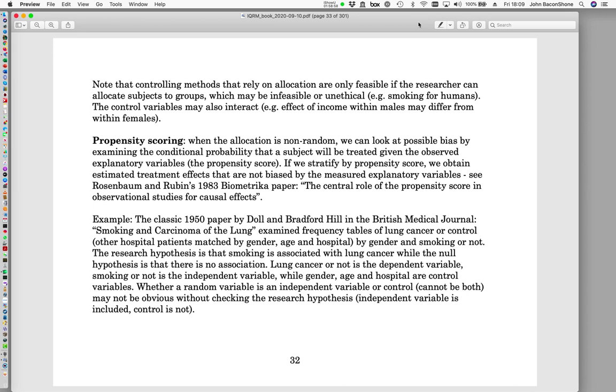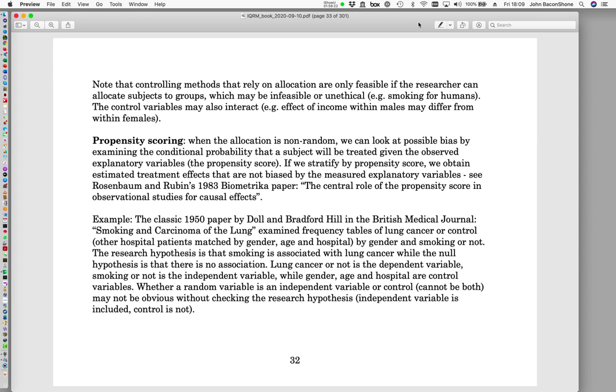So the research hypothesis here is that smoking is associated with lung cancer. The null hypothesis is that there is no association. Lung cancer or not is the dependent variable. Smoking or not is the independent variable, while gender, age, and hospital are the control variables. So remember,